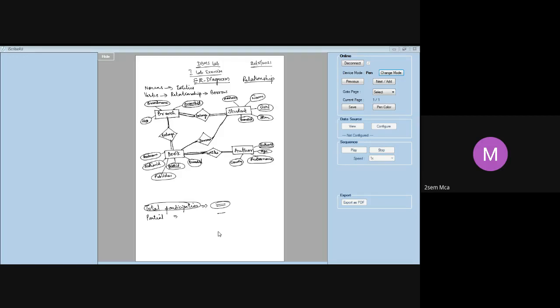Of course, if you feel there can be a possibility that a book need not belong to any branch, you cannot have it, I feel, because you have branch ID here, which they have already given. That is why we cannot take it as partial. Am I clear? Since branch ID is given as part of your book, you cannot leave out any book. Every book has to belong to some branch. So you should take it as total only. You cannot take it as partial. Raman, am I clear? Yes, ma'am.